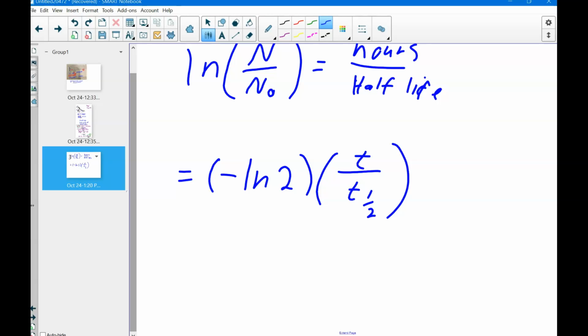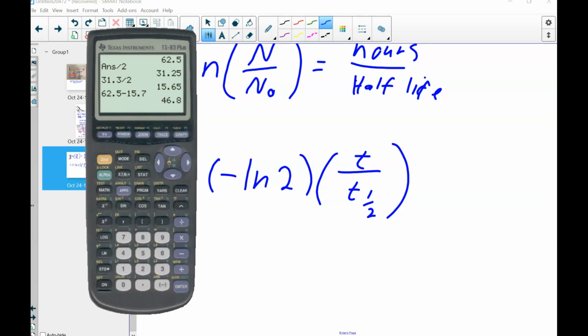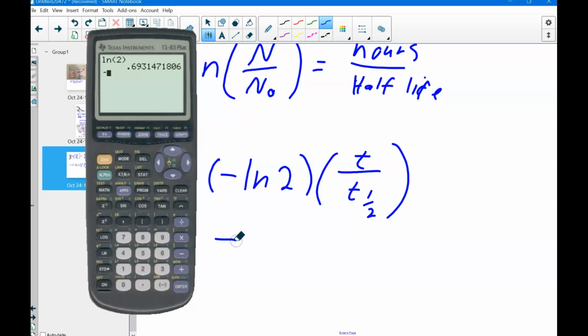So now what's going to happen in our case, it's going to look like this. We're going to have natural log of 2. Natural log of 2, we'll show my calculator right here. The natural log will be the ln. Oops, my calculator goes backwards. So I have to put the ln and the 2. Oops, my bad. Brackets, I'm going to put in there. Which looks like this. And because it's negative, it's going to make the whole thing negative. So it's going to be negative 0.693. That's going to be multiplied by,